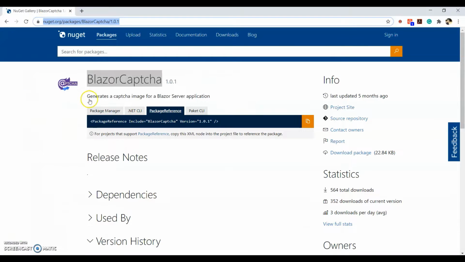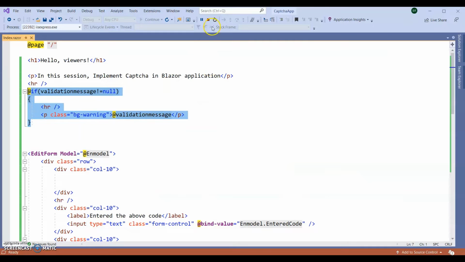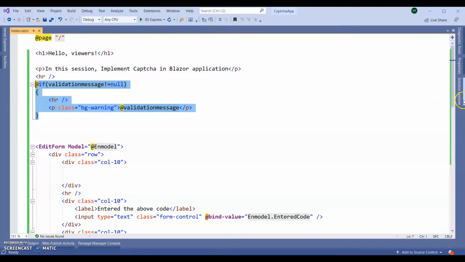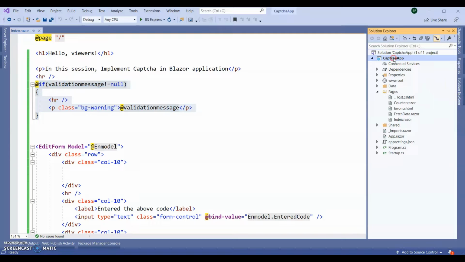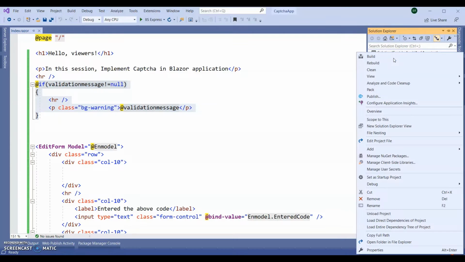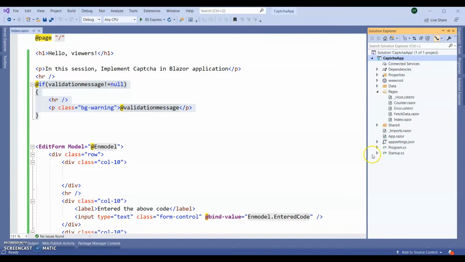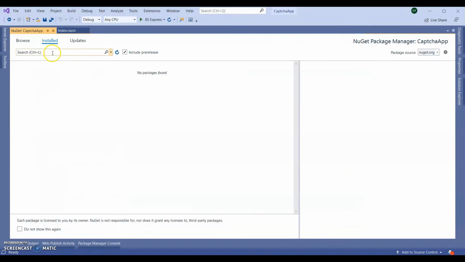So now we need to install this Blazor CAPTCHA NuGet package inside our application. Stop the application from running. Right click on the application, manage NuGet packages. In the browse section, search Blazor CAPTCHA.